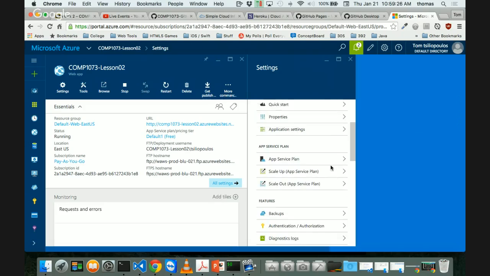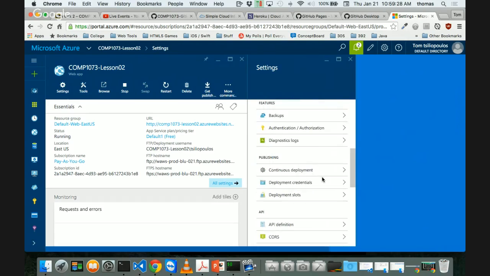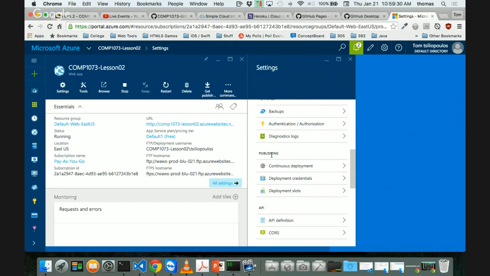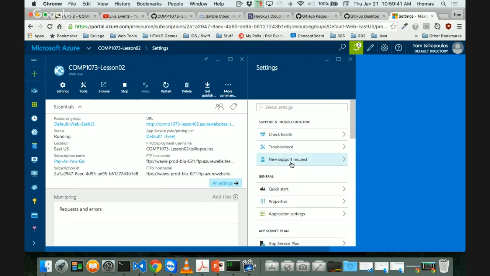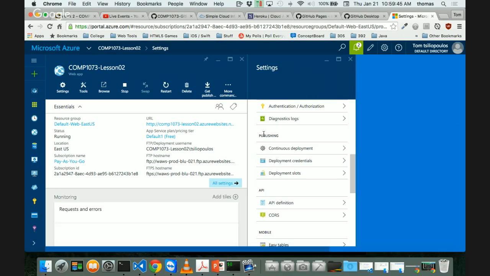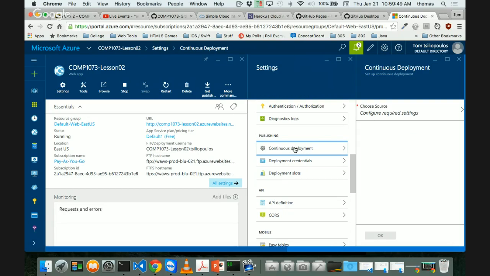So I'm going to scroll down on the right here, where you're going to go to Publishing. And under Publishing, there's an option called Deployment Credentials and Continuous Deployment. All I want is continuous deployment. So again, let me show you that. Once your app has been created, I scroll down to where it says Publishing. I'm going to go to Continuous Deployment. Click on Continuous Deployment. What's the difference? Continuous deployment means whenever I change my GitHub,